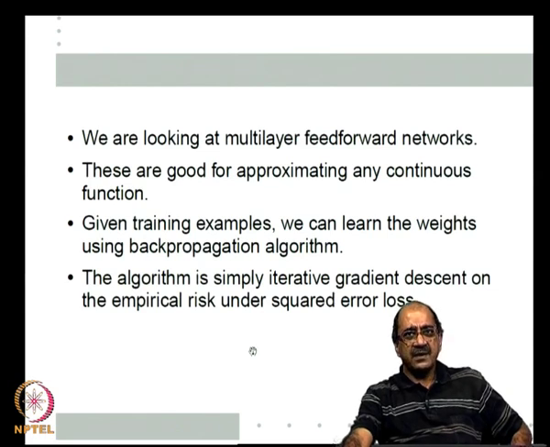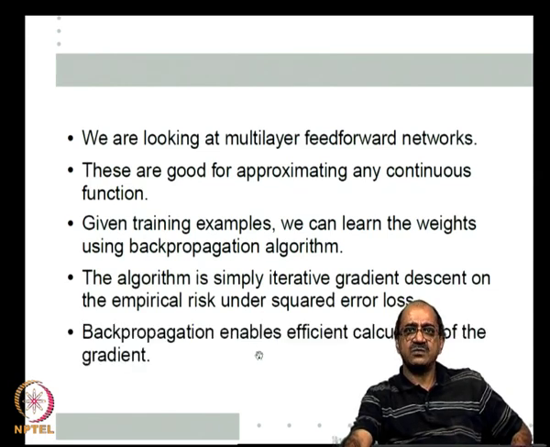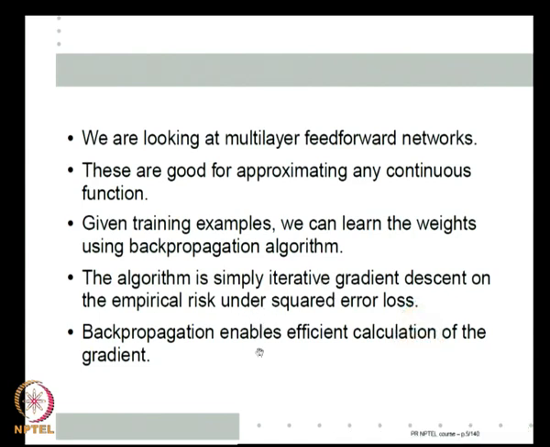Okay. The interesting thing is that the backpropagation algorithm, as we saw last time, enables a very efficient calculation of the gradients. To actually do the gradient descent on this function, we need to calculate the gradient of the function with respect to all the weights. The backpropagation algorithm, by a computation that is similar to the forward computation of calculating the outputs of the network given the inputs, with about as much computational complexity, allows you to calculate all the partial derivatives of the error with respect to all the weights. So, that is how backpropagation allows us an efficient way to implement the gradient descent.